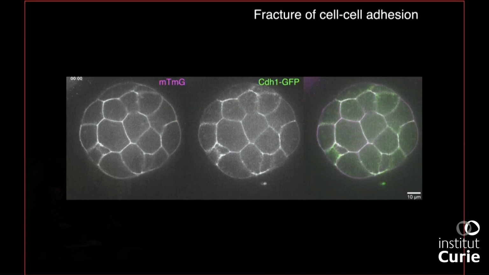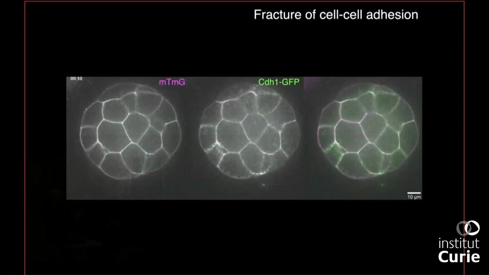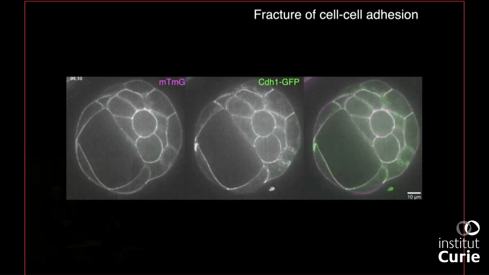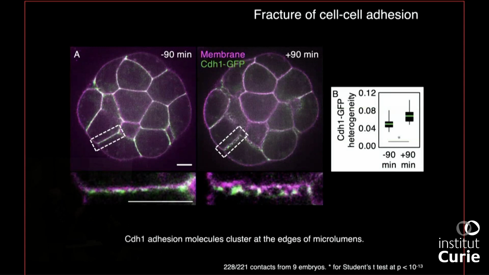And with this idea of hydraulic fracturing, we expect that the adhesion molecules are going to be displaced. Okay? And so we image the adhesion molecule, and here is E-cadherin GFP in green, and the membrane here is in magenta. And what you can see at a global scale is that when the microlumens are appearing in the bottom left corner, the adhesion molecules go from a homogeneous signal to something which is patchier. If you zoom in, you can see this. E-cadherin is in green. It is along the cell-cell contact, and when the microlumens are forming, the E-cadherin is relocalized to the edges of the microlumen, so it's pushed out, right, to the side.